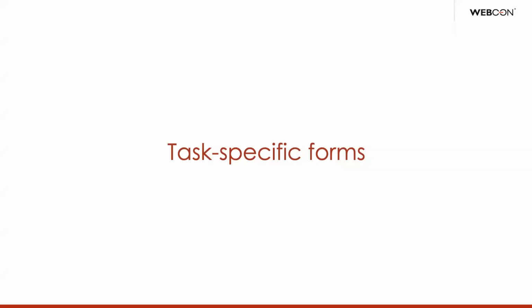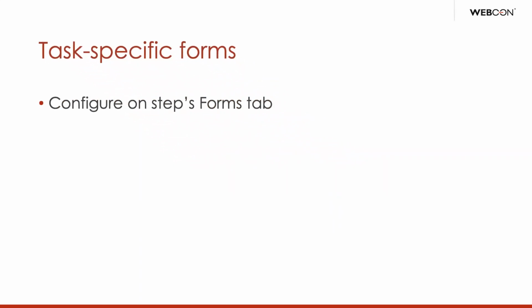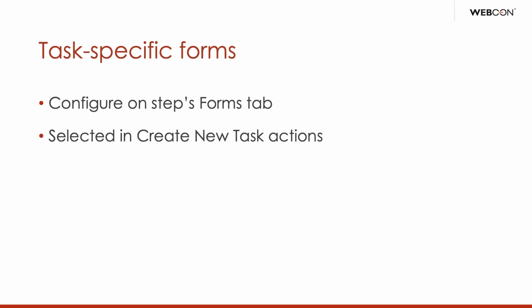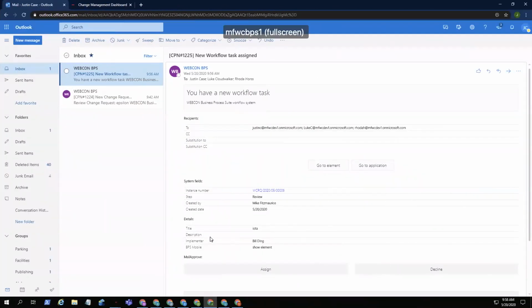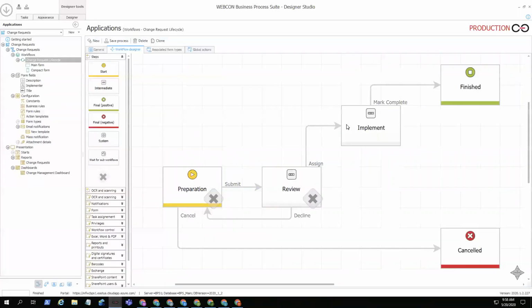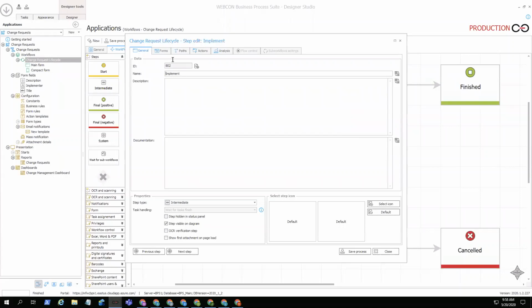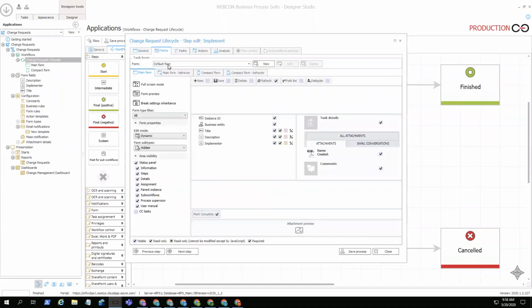All right, task-specific forms. We have 2 minutes left, and so this is a quick advanced thing. It is possible to identify a specific form for a specific task. You would do that on the Forms tab. This is easier to demonstrate. Essentially, right now by default we pass one form along from here to here to here to here. We're changing some of the properties on the fields as it moves along, but if I want a completely different form to show up here during this step, I would come here to Forms,